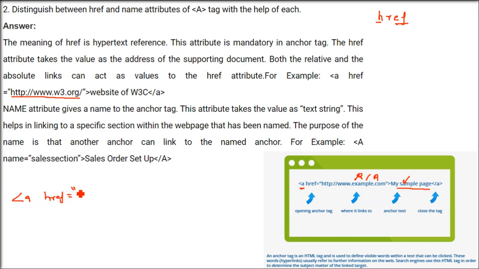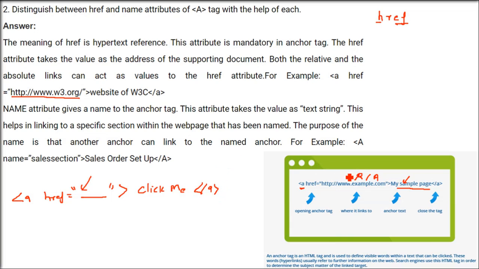When you press the website of W3C, it will take you to some other website. So href is the address, the point, the link, and when you put some "click me" or something here, only that will be shown, nothing else. Only "click me" will be shown when you run it in the web browser. And when you click this "click me", it will take you to some other page,